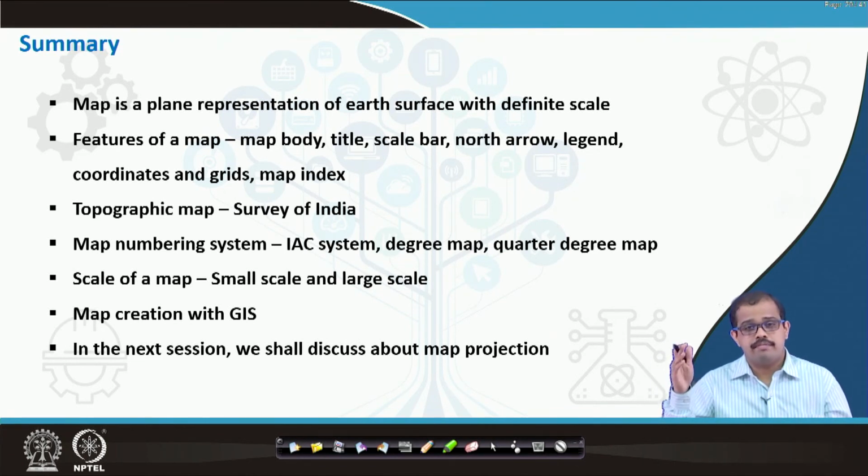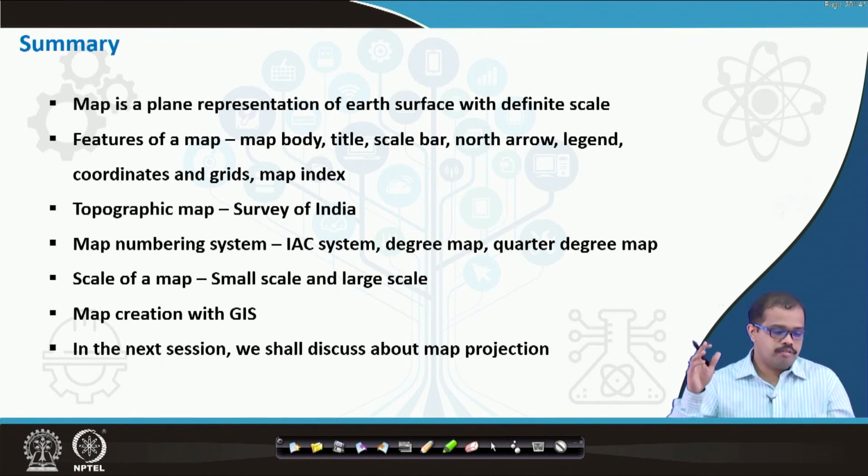And if you represent 53A1, which is a 15 minute by 15 minute map, it is representing 1:50,000. And if you represent 53A1 northeast, then it is representing a 1:25,000 map, which is 7.5 minutes by 7.5 minutes. So that is how the entire India and adjacent systems are placed. So this is how you do map numbering.